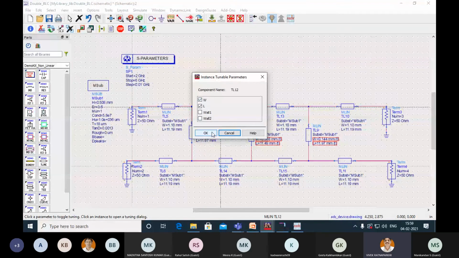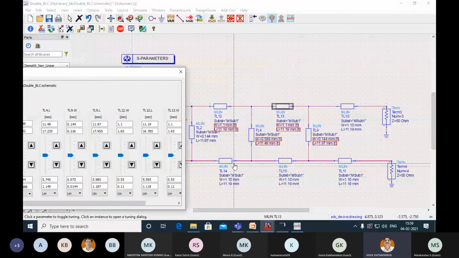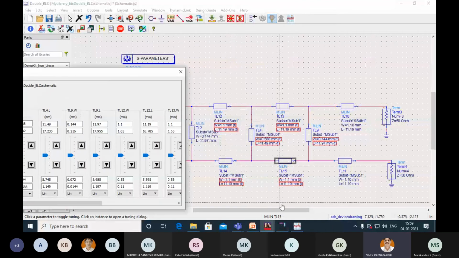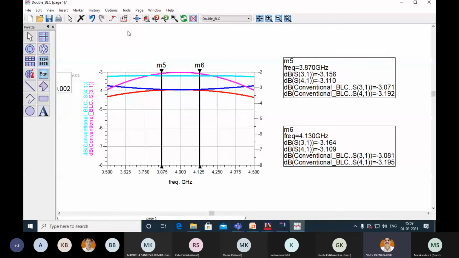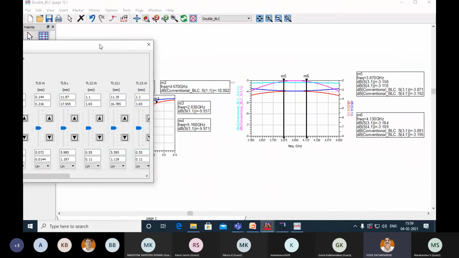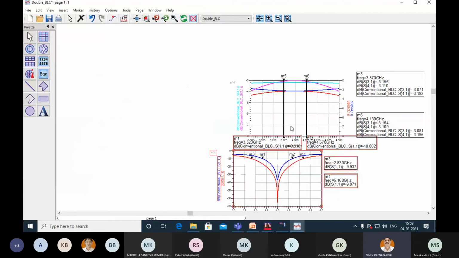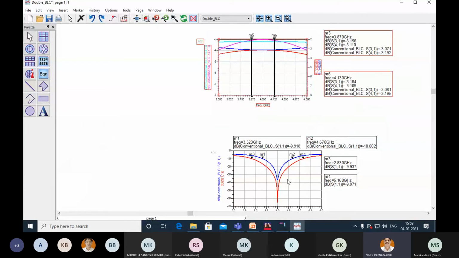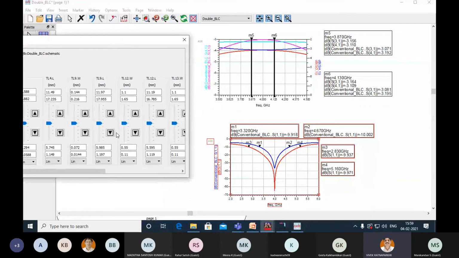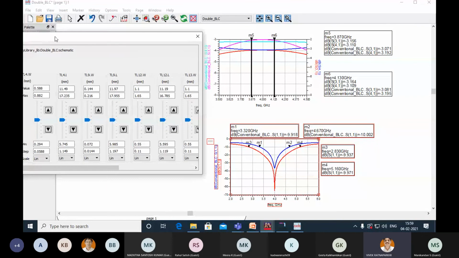And make sure that your coupler looks symmetric. Otherwise, one dimension will become very large and another very small, so the coupler will not look good in that case. Keep both the curves in front of you, so that you can see the amplitude imbalance as well as the return loss response. So first I will just try to change the length.